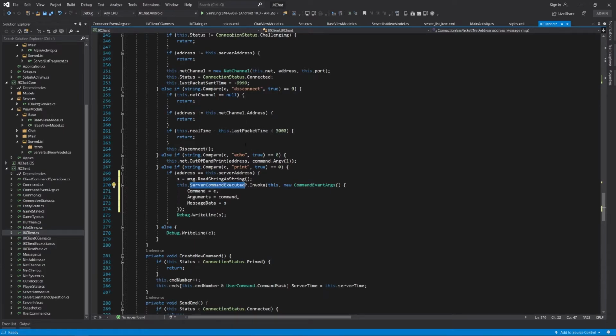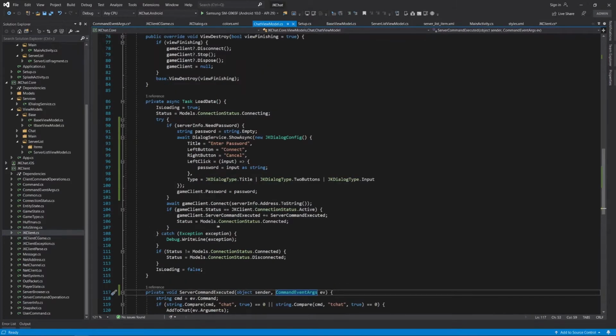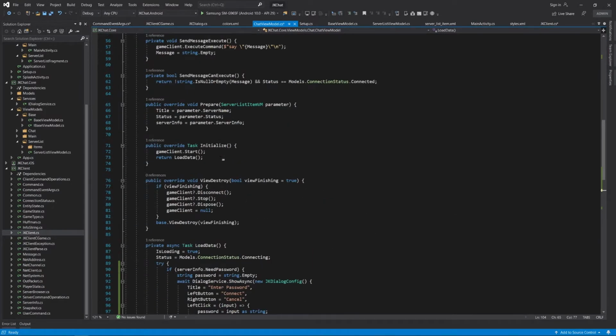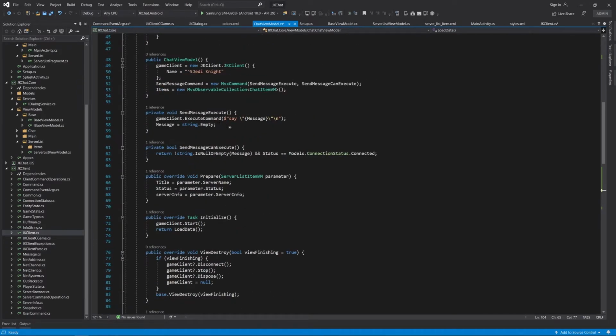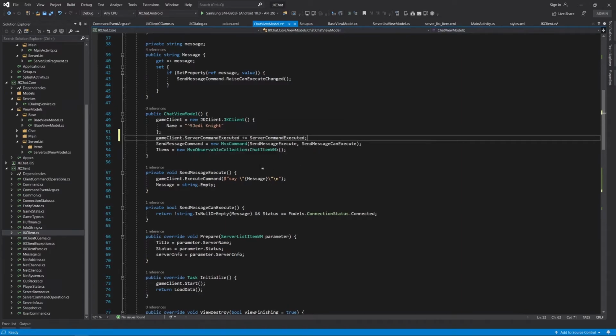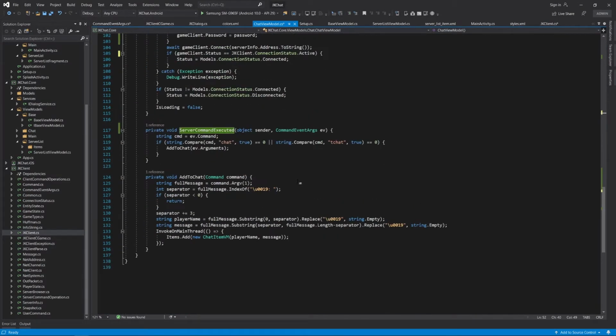Server command executed. Clients game. Command and args. Chatting model. We can actually subscribe to commands here, I guess. So throw command executed,